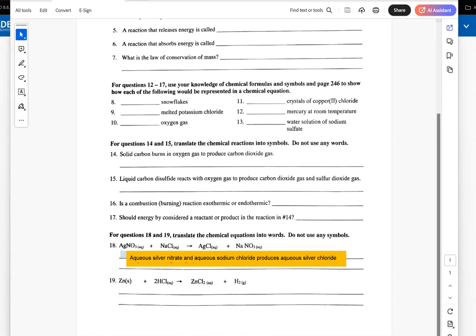And if you're back after pausing the video, now we're going to check number 19. So let's see if you got something similar. So here now we have a solid. So I'm going to say solid zinc. And aqueous hydrochloric acid. Remember, it starts with an H, so it's a hydrochloric acid. I do not need to say that it's 2 molecules of hydrochloric acid, although